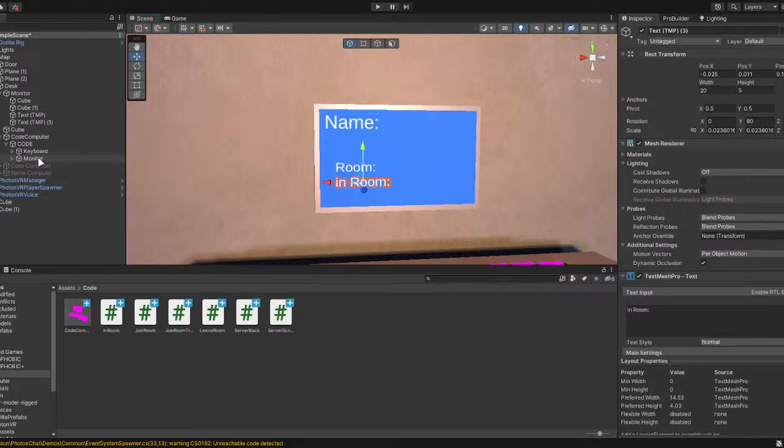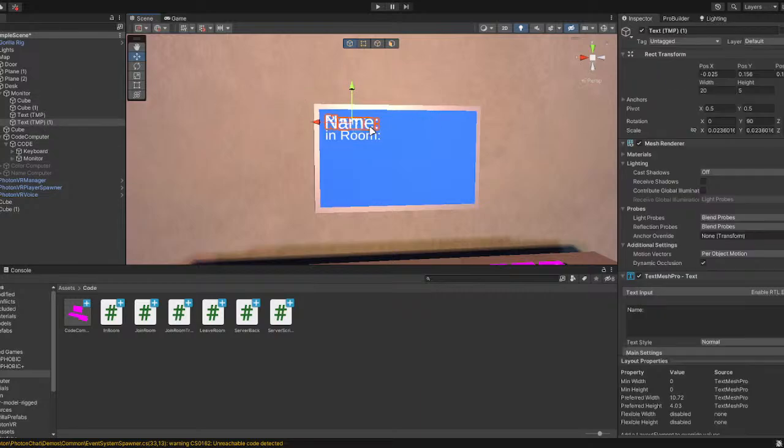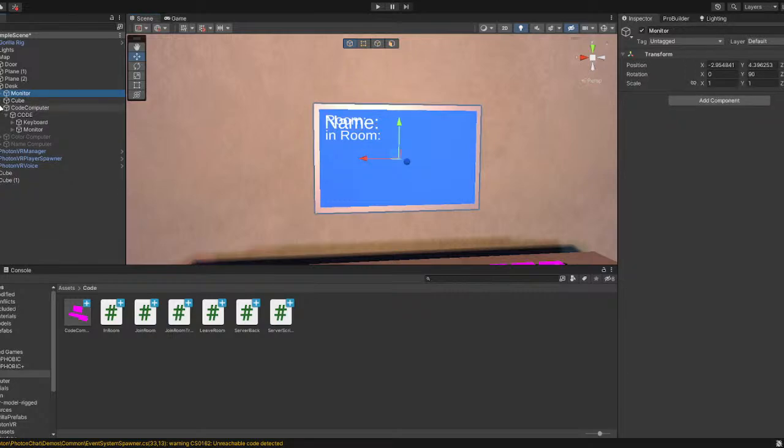I'm gonna be the first beta tester. If I can download it, yeah. If I can download it, yes, I'll be the first beta tester for